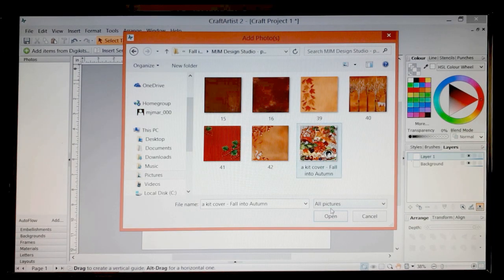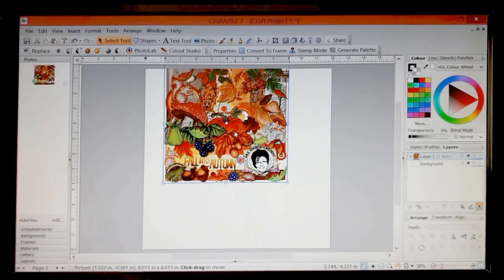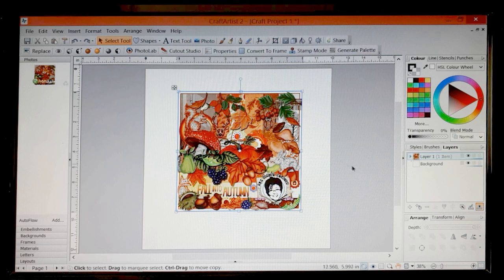I just click it and open it, and that's in my Photos tab. I'm going to drag it onto my page here. It comes in at 8 by 8, but we need to make it 12 by 12. So we go over here to Transform, and then in this corner here is the width and the height,